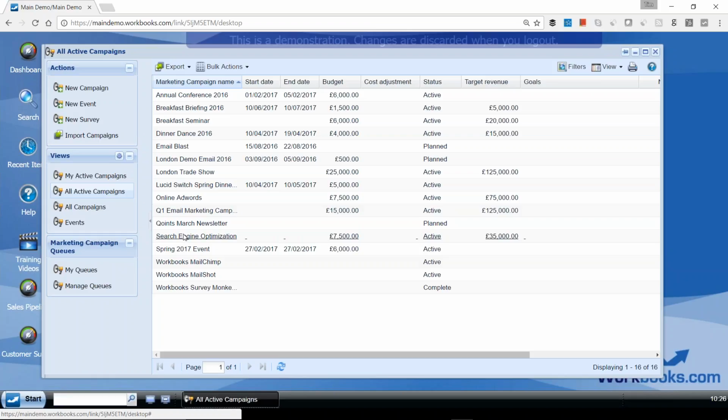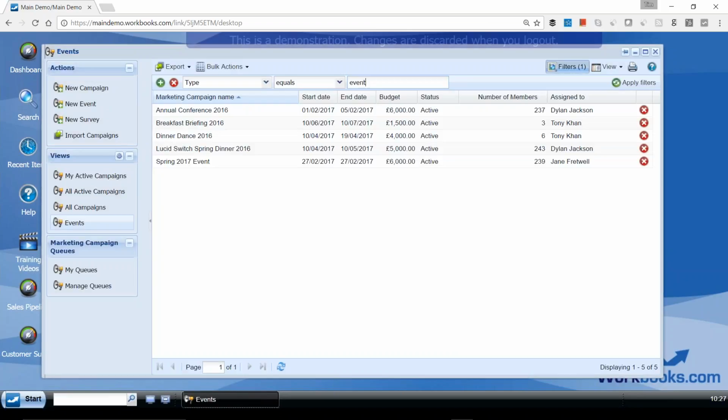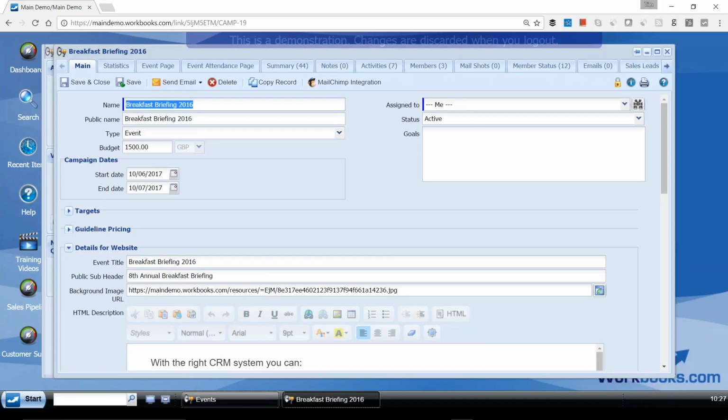And these activities, these campaigns may be of different types. So I've taken the liberty of creating a little group of my activities specifically for events. So if I click on events there, that will now just filter that list and just show me what events we've got on the go right now. And you of course can decide what columns you see here. So I've got 5 events on the go right now, and if I click on one of these, we are zooming in to see in more detail what this event is all about.